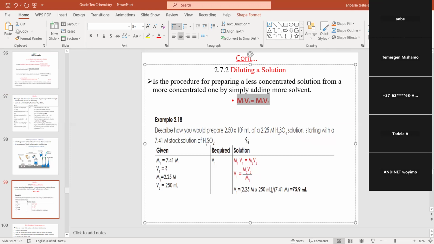So describe how you do prepare 2.5 times 10 to the power of 2 milliliter of 2.25 molar of sulfuric acid solution starting with 7.41 molar of stock solution. So M1 is 7.41. V1 we don't know. So the volume V2